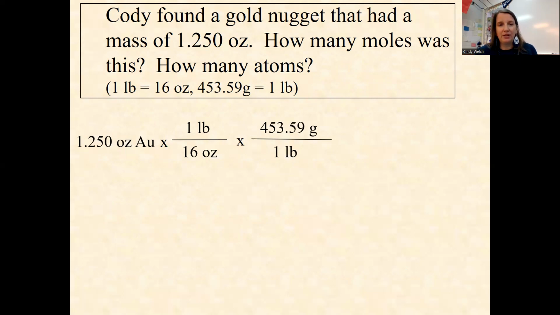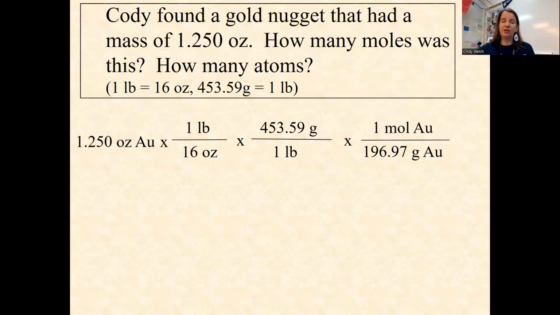But we don't want to know how many grams this is. We want to know how many moles this is. So we need one more conversion factor so that we can convert grams to moles. Well, in this case, to convert grams to moles, we're going to use the molar mass of gold from the periodic table, which is 196.97 grams of gold. The molar mass from the periodic table is always equal to 1 mole. Whenever the unit that you want to solve for ends up at the top of your conversion factor, you're done